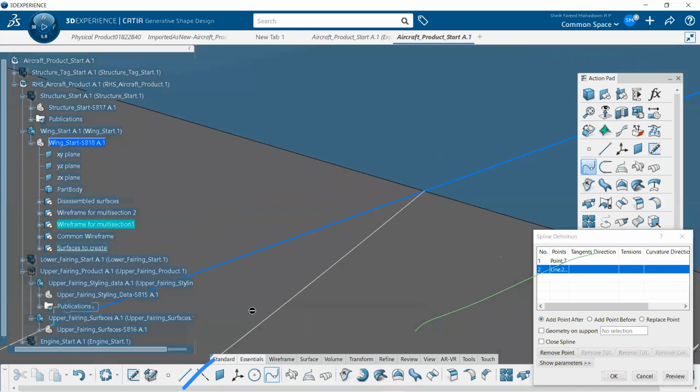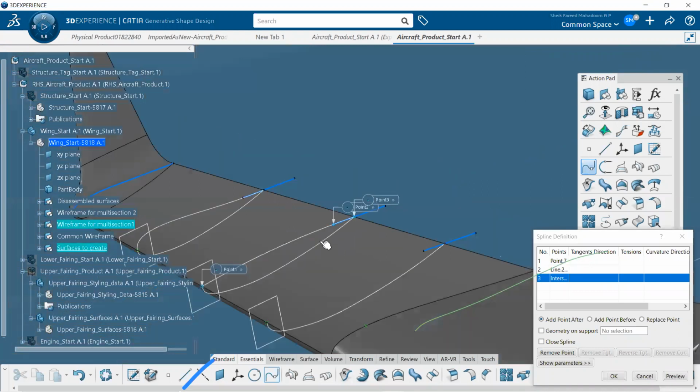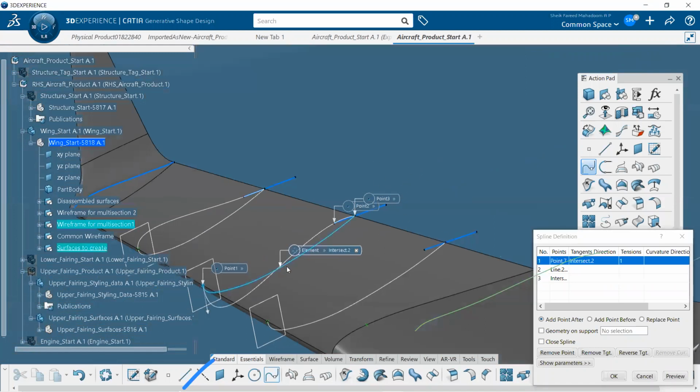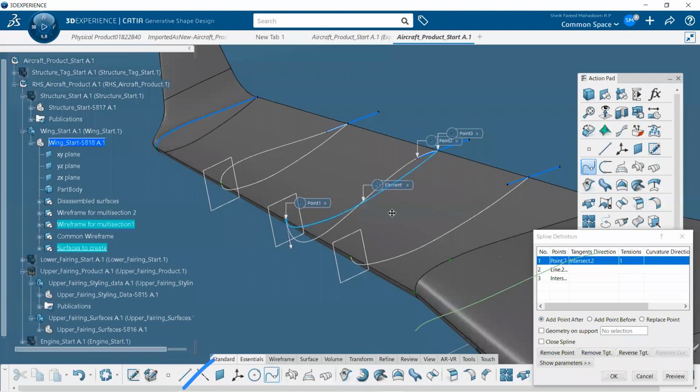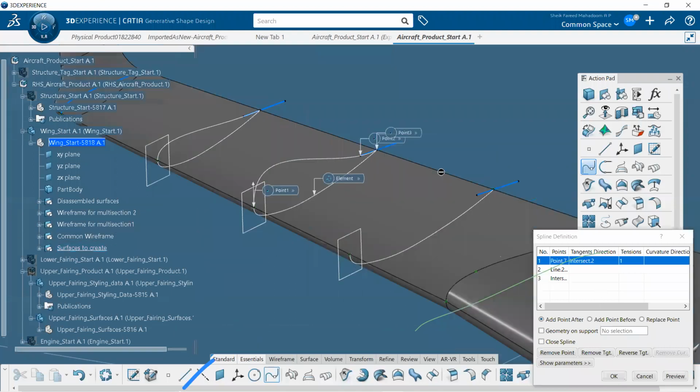First, we have to select the 3 points, then go to point number 1. In here for the support, select the intersect one. When you select that one, with respect to that intersection, the spline will move in the reverse direction. Right now it is in a different kind of tension. And then for the intersection, select the support as the line we have here, so that the flow will go right away over here.